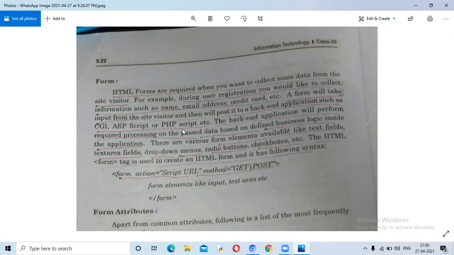When I create a web page and create a form, I input some text box. When the user writes their name in the text box, that name will be read from the text box and saved in the backend. That is done by the get method. And if something from the backend side is displayed in the text box, then in that case you have to use method equal to post.